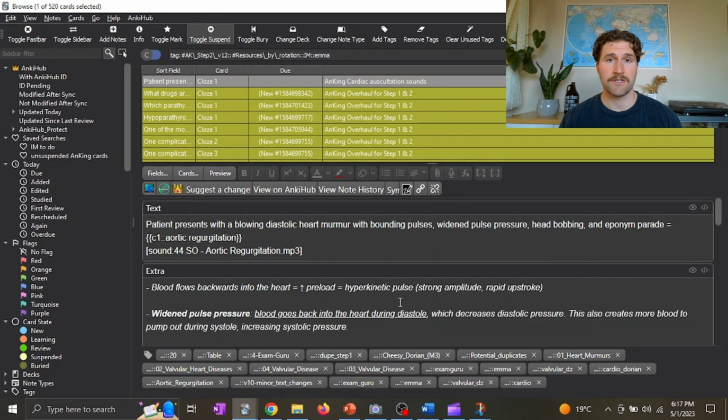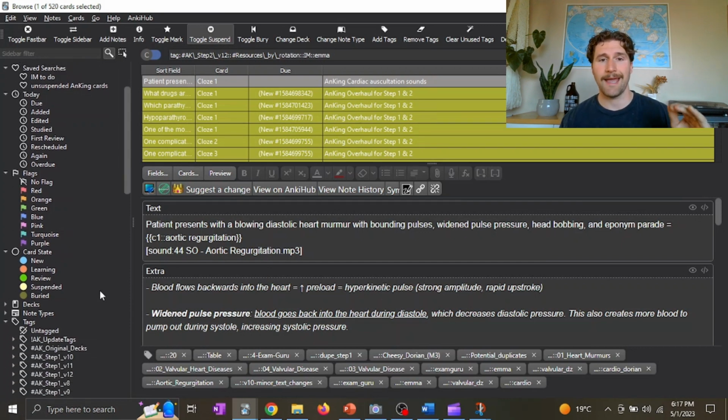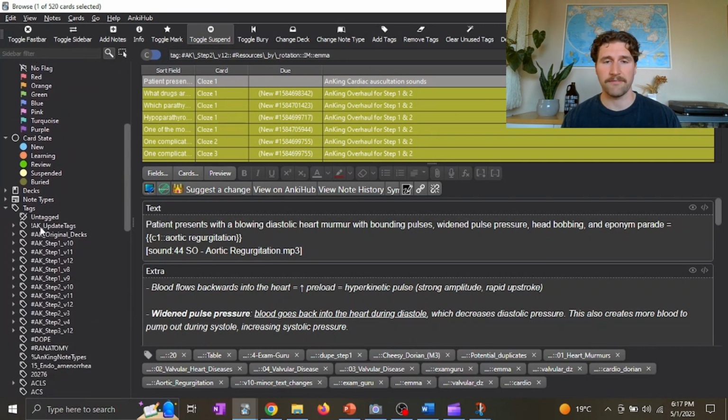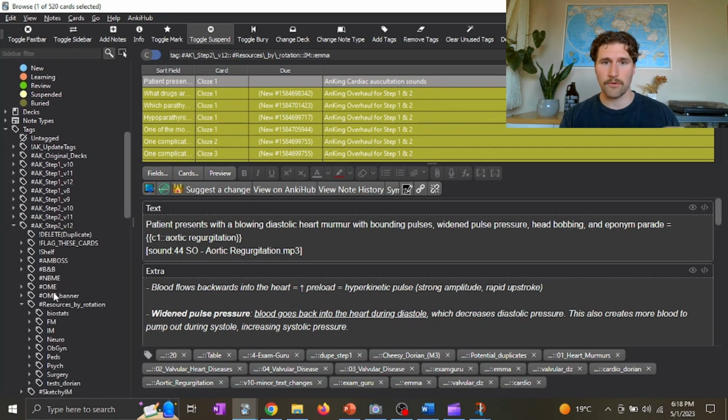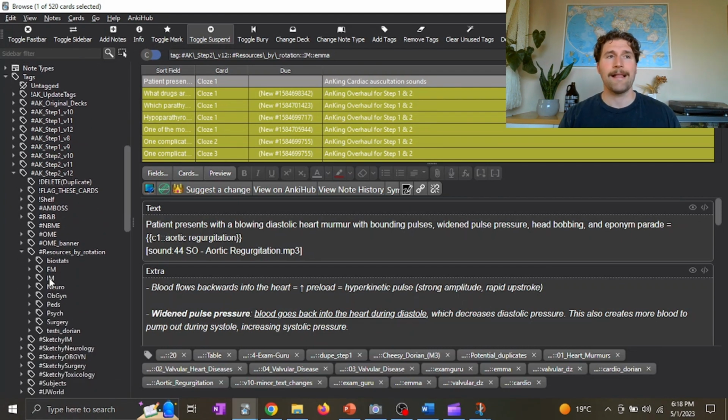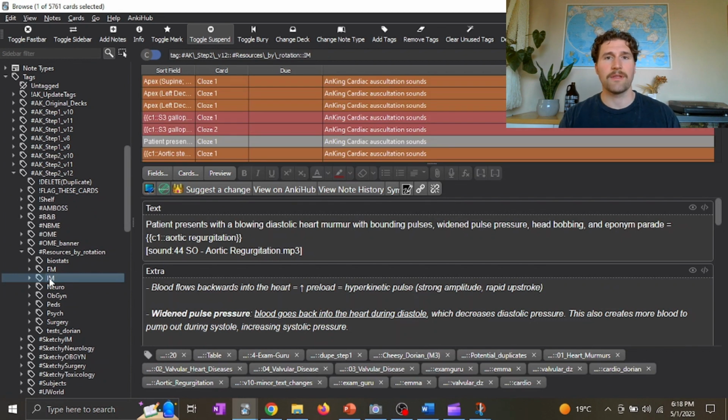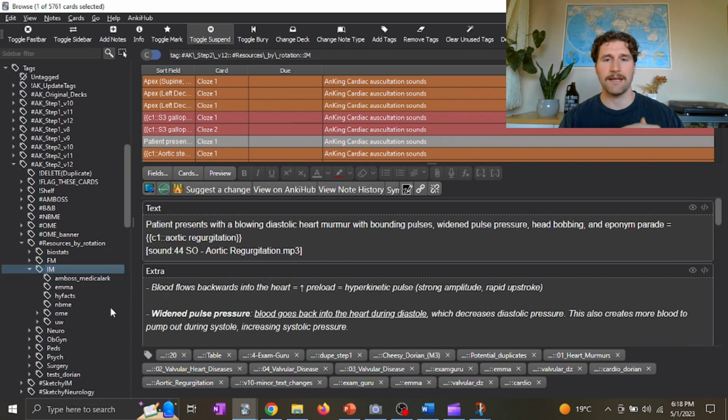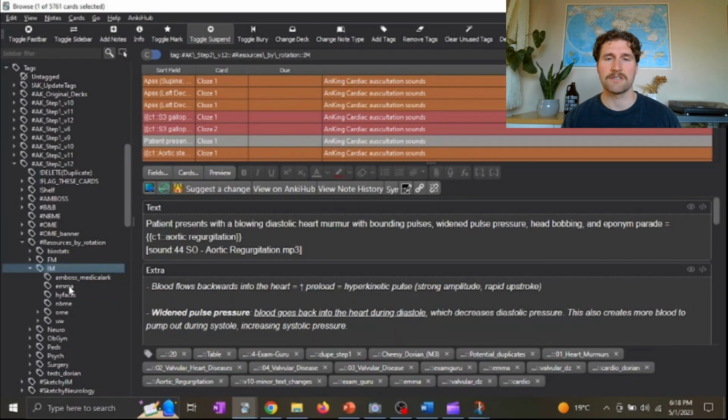Now, a third way that these tags are going to be really useful to you is that the AnKing team and many collaborators have tagged the cards to the rotations that they're relevant to. So if you go to the little sidebar over here, you go down to tags, you find the AK Step 2 V12 or V11 tag, whichever version you have, and go down to resources by rotation and expand that and select the rotation you're currently on. Now you'll notice if you click IM, it brings up like 5,000 cards. It's unmanageable. But if you expand that, you actually have subtags for different resources you can use to study for